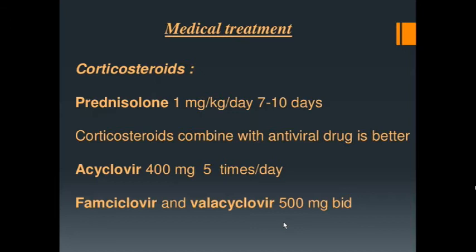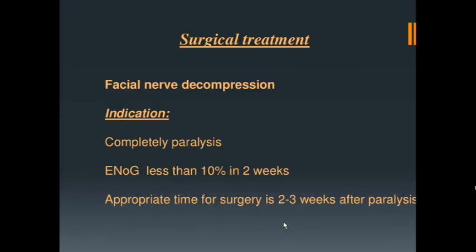Now coming to the next thing, surgical treatment. So this is reserved for only those patients. You have a time of 3 months. You will wait for 3 months for the nerve to recover. If suppose, in spite of giving full conservative treatment, full coverage of steroids and antivirals, yet the patient is not recovering and his facial nerve function is not improving, then you have to go for a surgical technique which is known as facial nerve decompression.